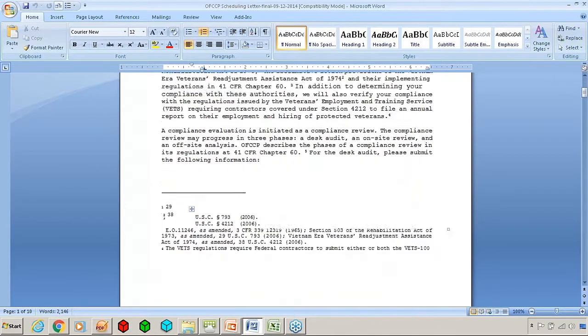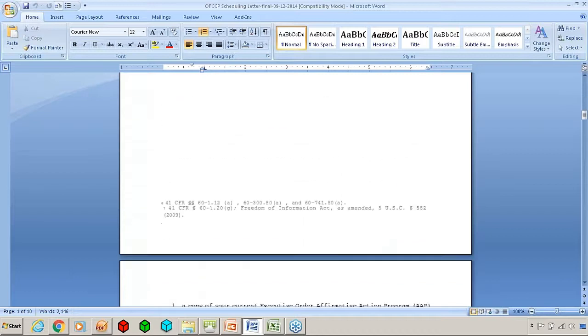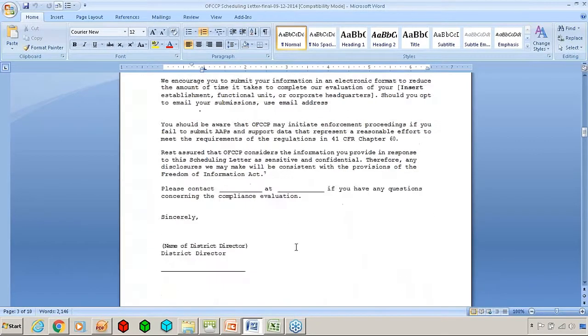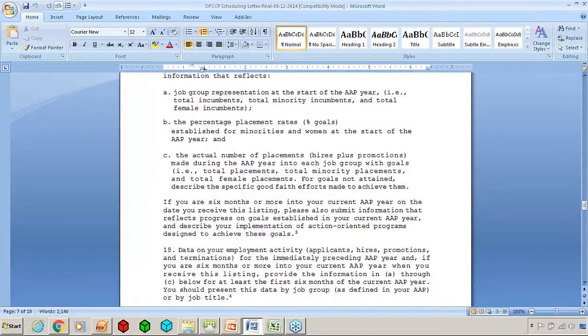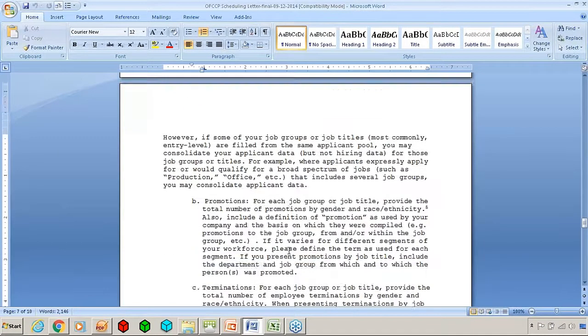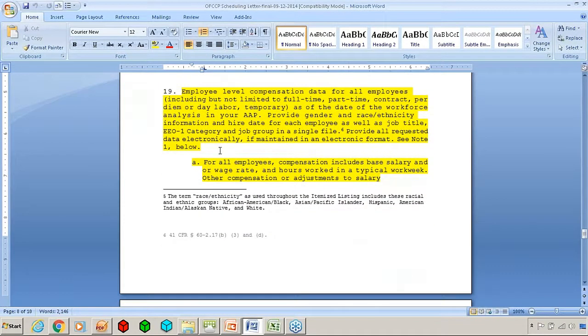And then the letter goes on to explain what the compliance officers are looking for, and on item 19 it explains what they're looking for in compensation: employee level compensation data for all employees, including but not limited to full-time, part-time, contract, per diem, and so on.